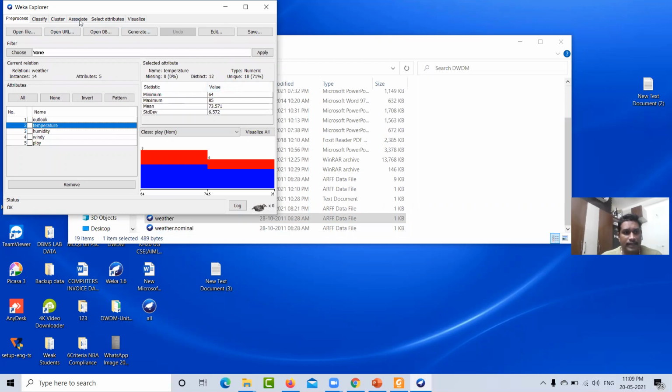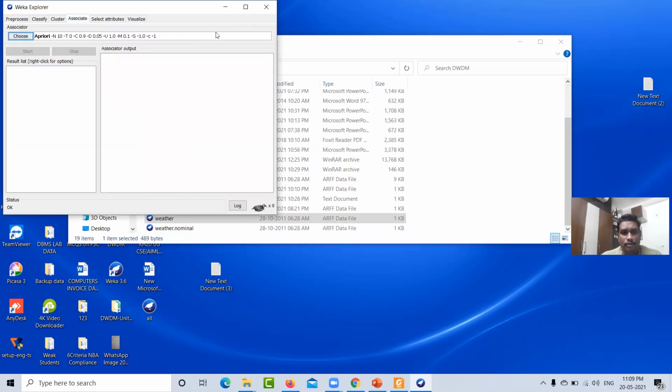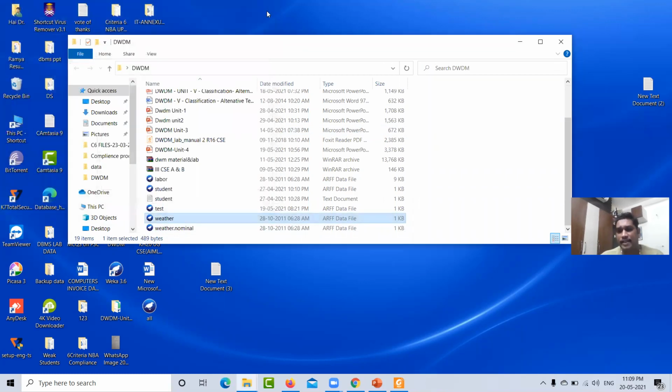If you see Associate, the Apply, Start, and Stop buttons are not highlighted. So we can say 100% that the Apriori algorithm takes only categorical or nominal data. It should not take any numerical data.